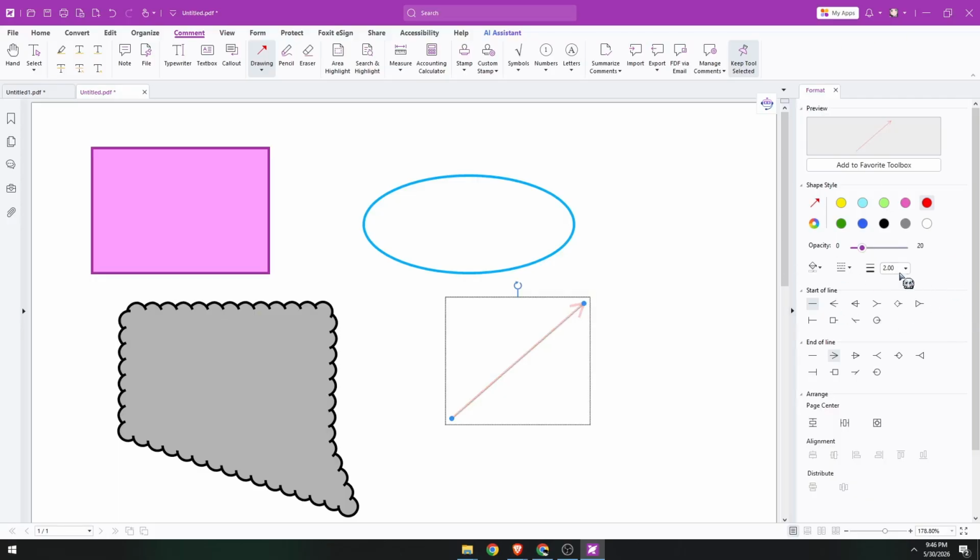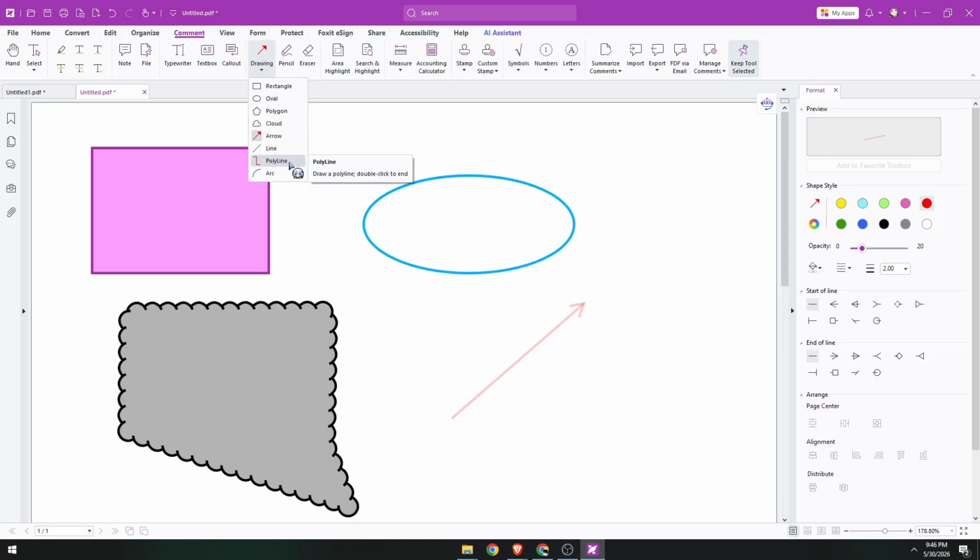Just make sure to experiment over here so you can have more options and customize your shapes better. But that's it. That's how you can easily get this done. Just click on drawing over here, comment, drawing, and select the appropriate shapes you would like to integrate on your